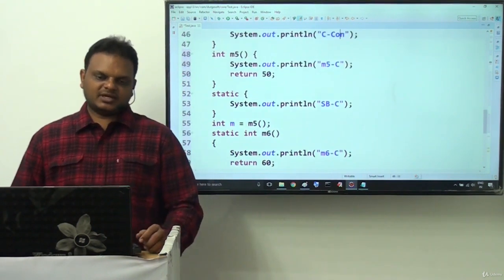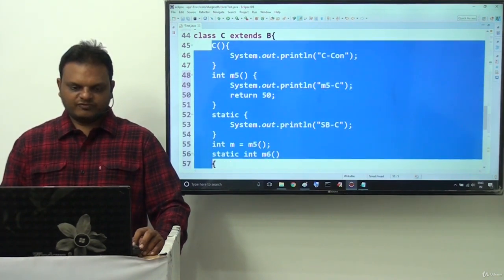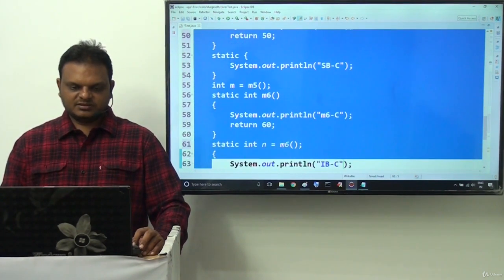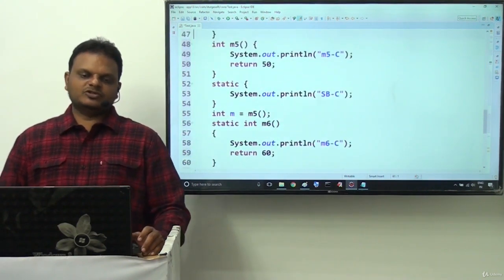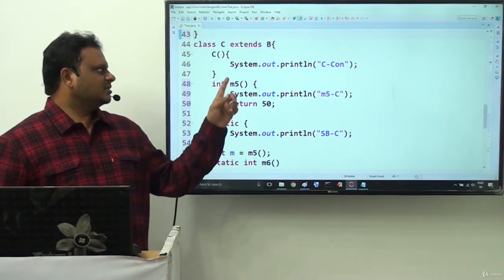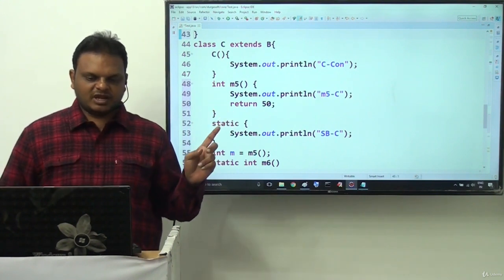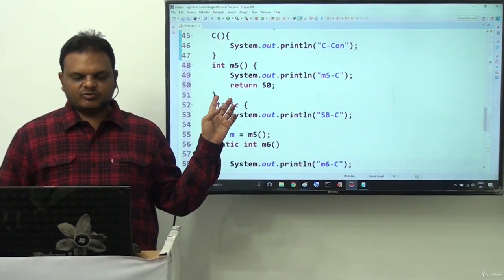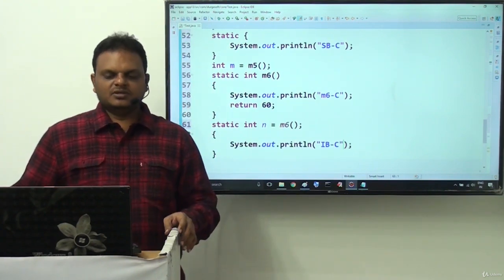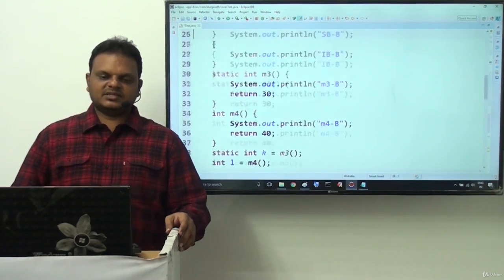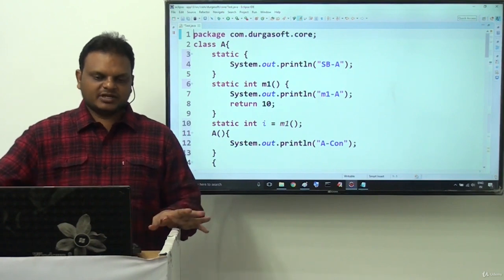Alright, sir. Now constructor I provided 1, 2, 3, 4, 5, 6, 7. Okay, fine. 7 items I provided totally. So this is about class C: constructor, instance method, static block, and next one is which one? Then instance variable, static method, static variable and instance block, all the things I provided here. Overall, 3 classes I have taken. In each and every class I provided both instance context and as well as static context.